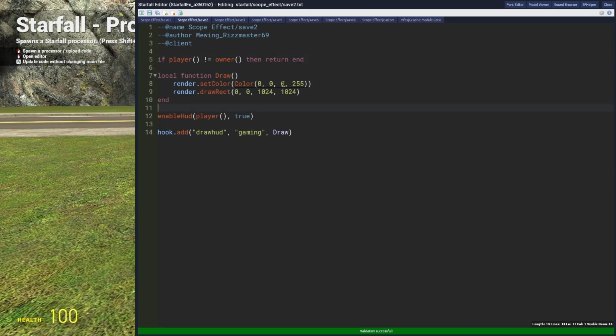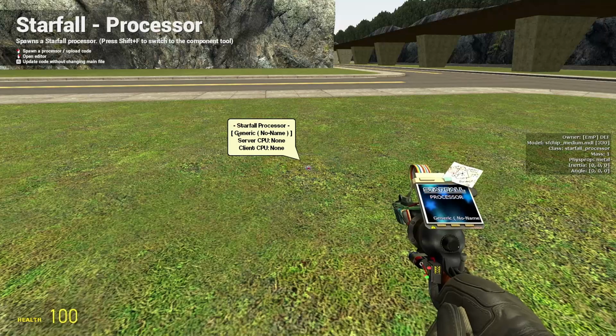I've added the first function. It's called draw. You can call it whatever you want, but it sets the color to black and draws a rectangle. Also, this is a nice shorthand. So to draw something, you have to have an active heads-up display, and you can do that with a Starfall component, or you can use this. Now, this will only work if I believe you are the owner of the chip, or if someone is sitting in a vehicle. And to actually render anything, this will not work if I just call the draw function. It has to be in the draw hook,